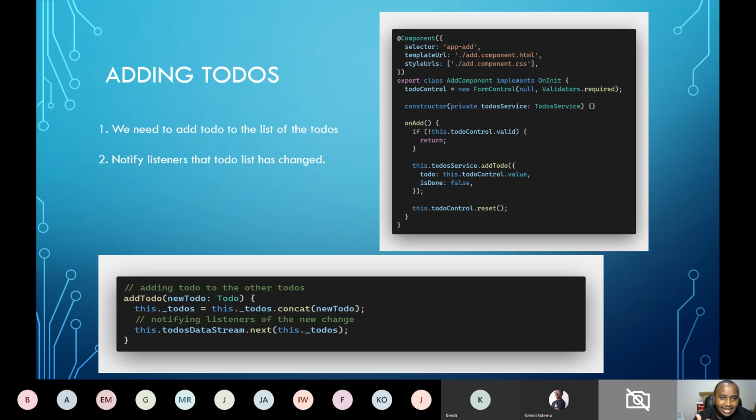But this is also not the best practice, because basically you are mutating the data, which is not very good for state. And then once we have that, what we are doing is calling the next method of our to-do data stream and passing in the new updated to-dos. What this does is notify our list to-dos component that there's a new to-do, and then it displays that. And one thing I should have mentioned earlier, let me go back,